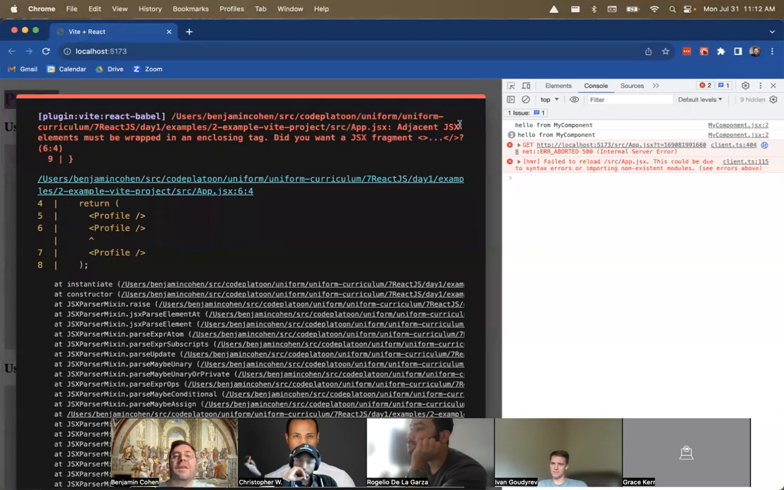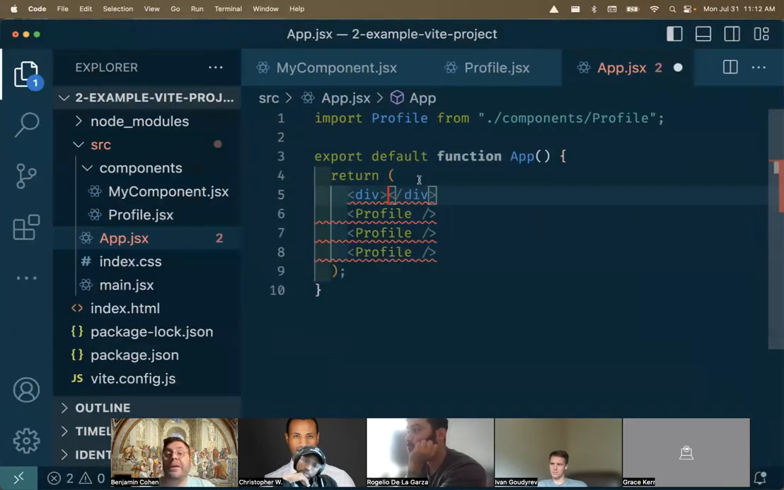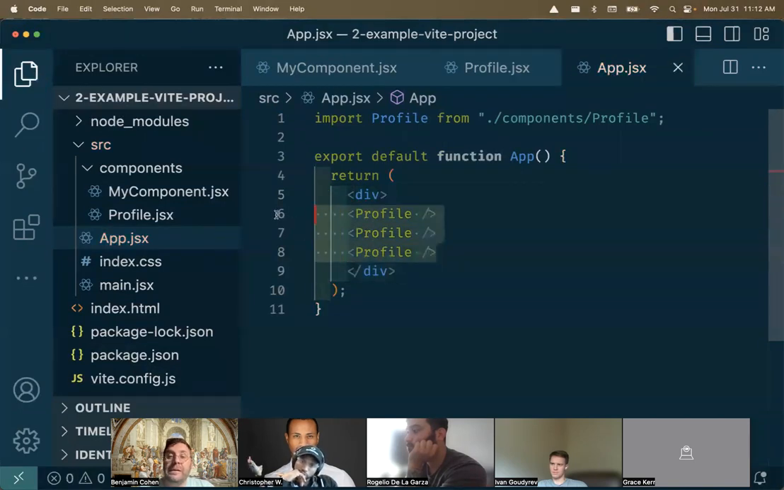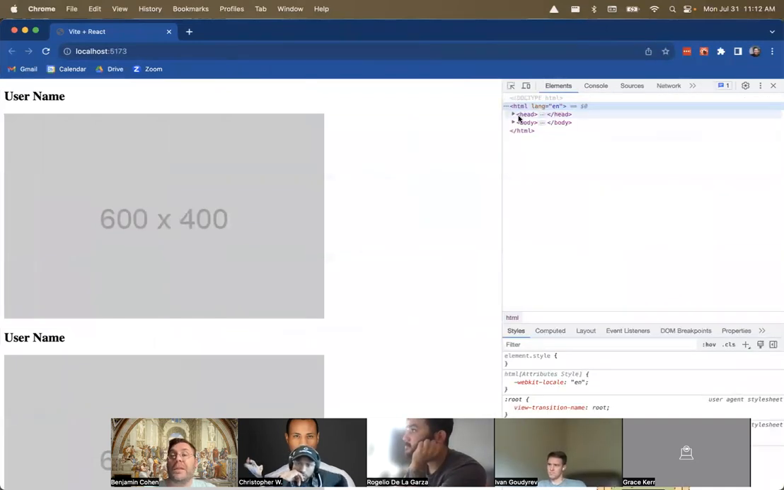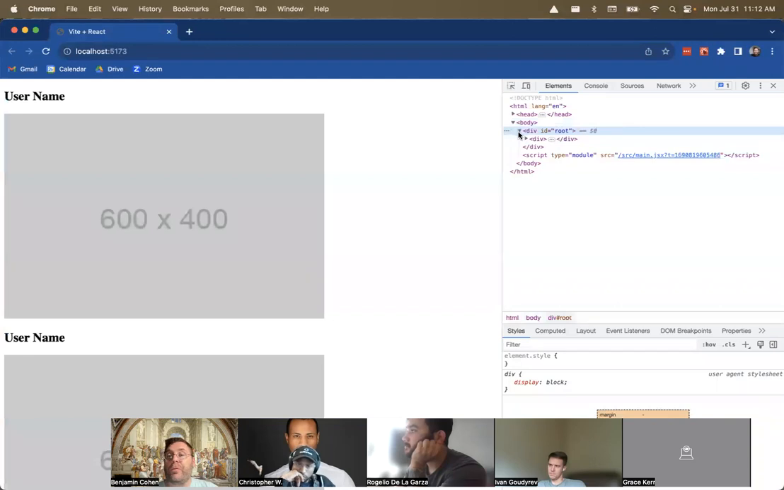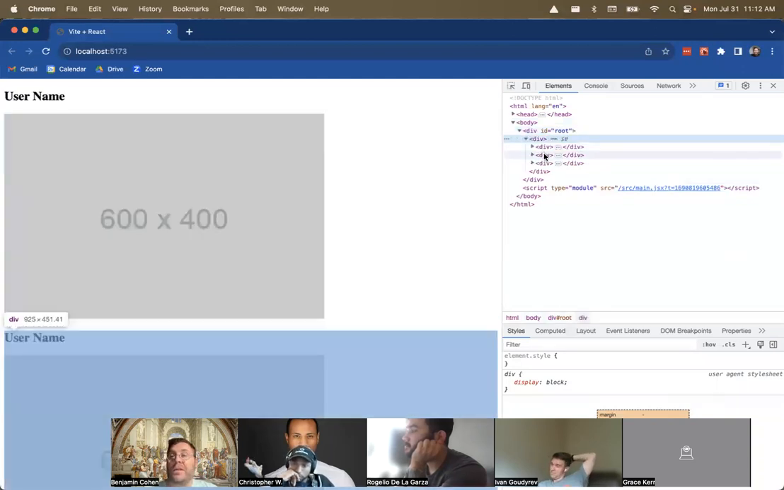It says adjacent JSX elements must be wrapped in an enclosing tag. Do you want a JSX fragment? Okay, that's a good tip. So one thing we could do to solve this is like this. I could just wrap it in a div, right? So I'm wrapping this whole thing in a div. And now it should work. So I can come back here. Now it does work. And if I were to look at the elements, I would open up the body, open up the root. I have that top level div, and then each one of these is represented by a